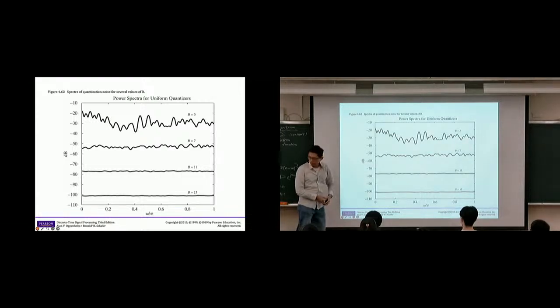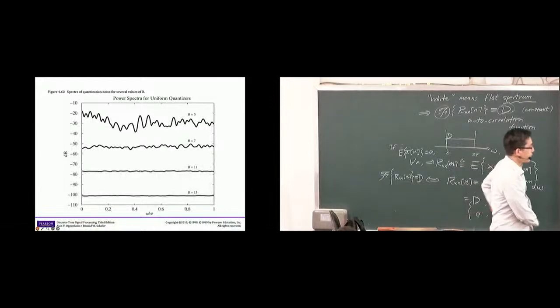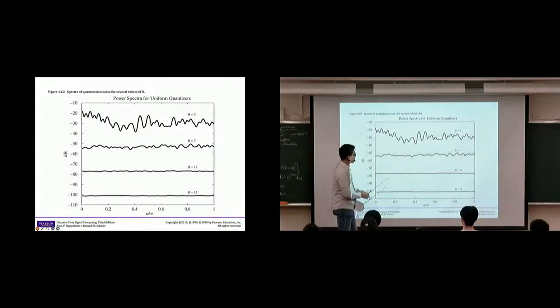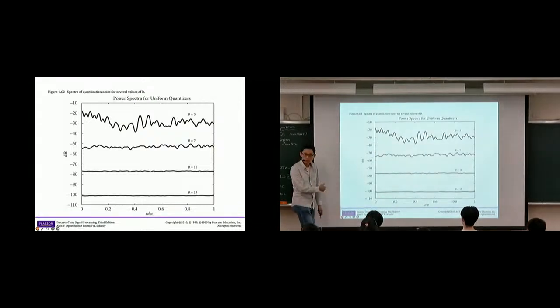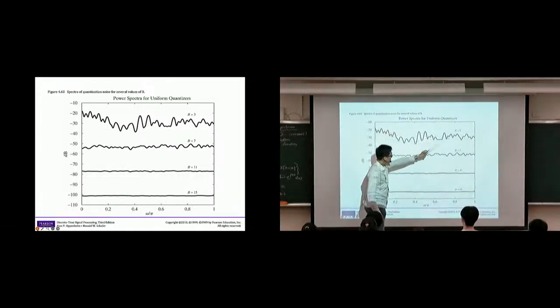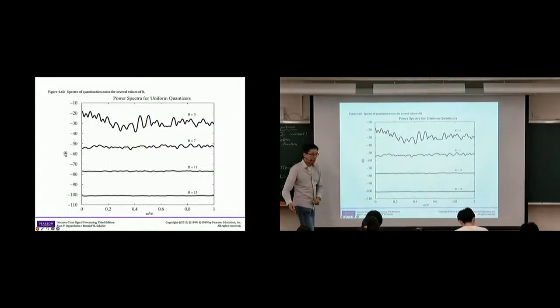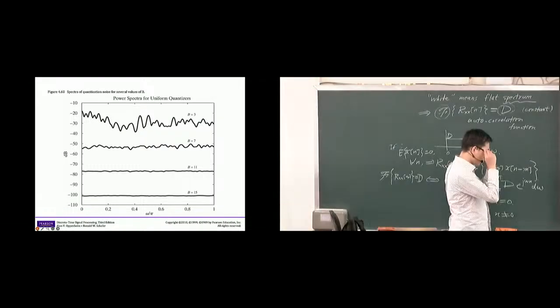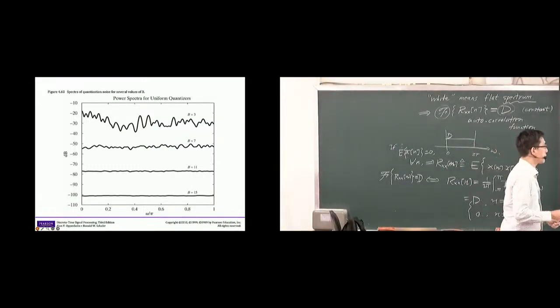Here in this figure, we have 4 different cases with increasing number of bits: 4 bits, 8 bits, 12 bits and 16 bits. In the textbook, the number of bits is denoted as B plus 1, so just be aware that this is 4 bits, 8, 12, and 16. That's one detail to mention, so that we have the same idea.